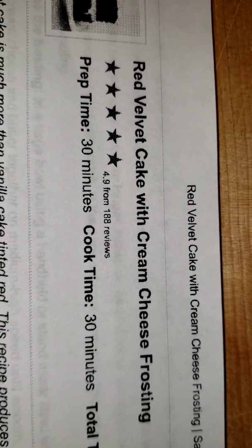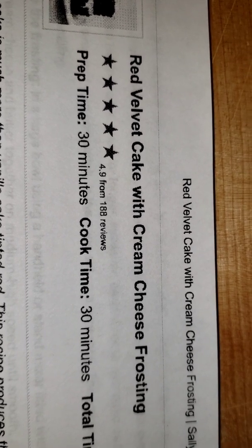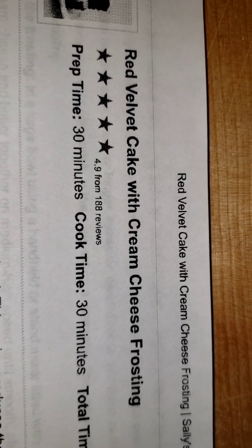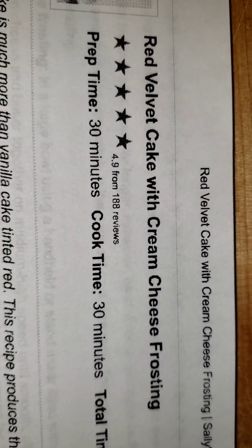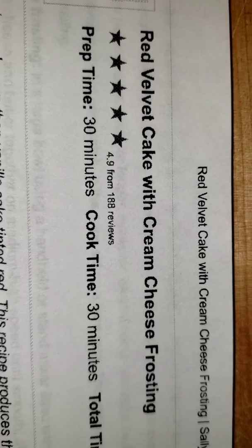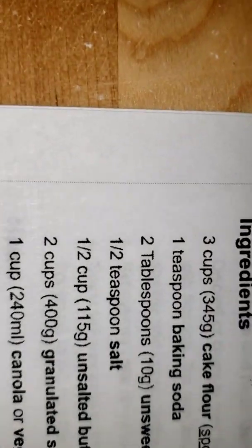Today's recipe is going to be a red velvet cake. We're going to omit the cream cheese frosting and just pay attention to the red velvet cake. This is going to be a two-part video because we're actually going to make red velvet cheesecakes. For that, we need the red velvet cake. So the ingredients are